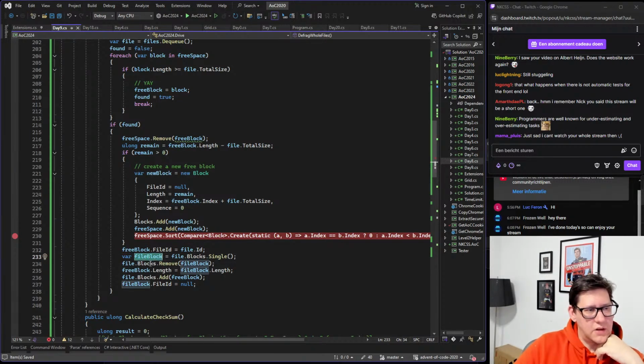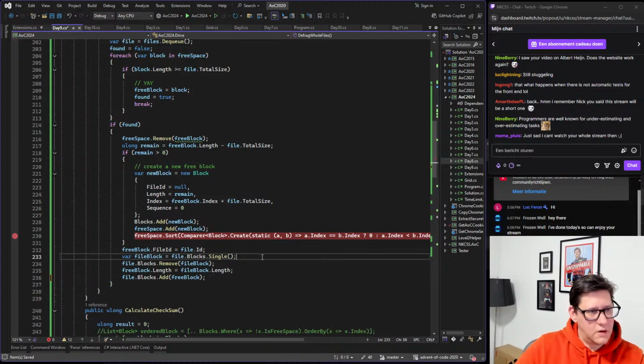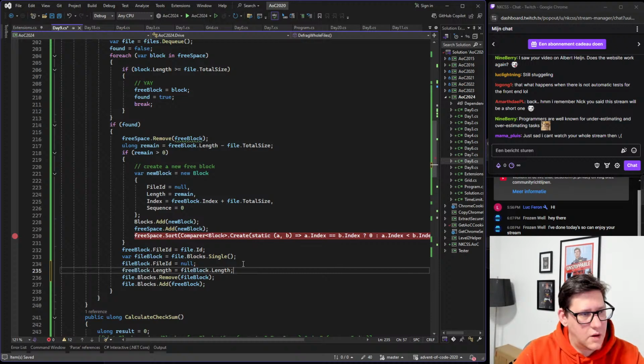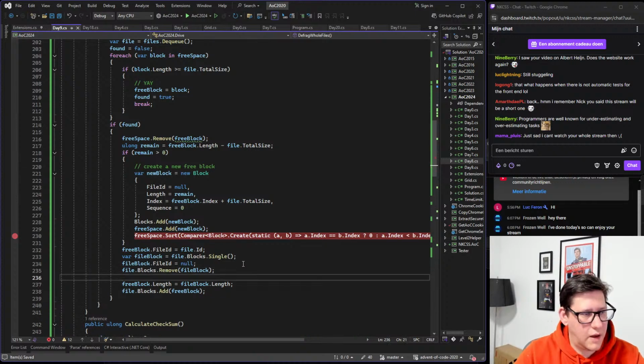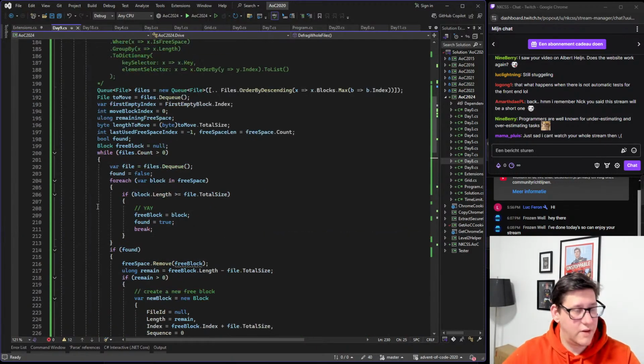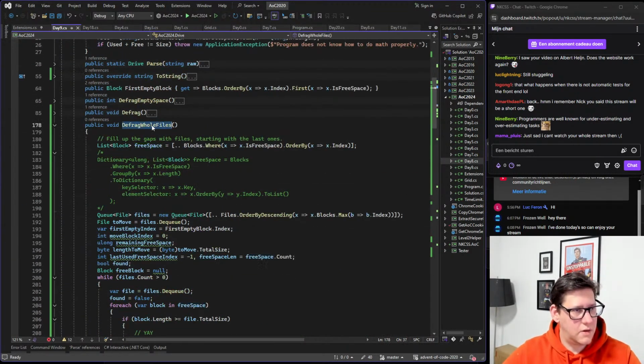The file block gets pulled from the block that's currently there, and it gets removed because this one will get its ID removed. So let's just do the file block operation here as well. So the free block length is then adjusted to the proper length that we used, and that should be it. Famous last words, I know, but